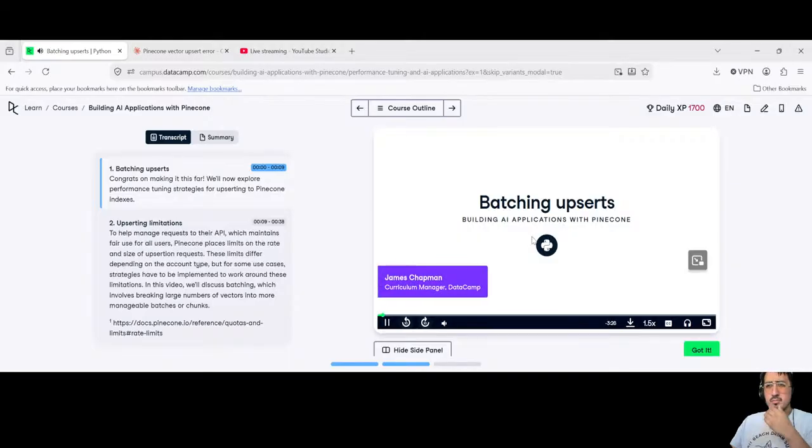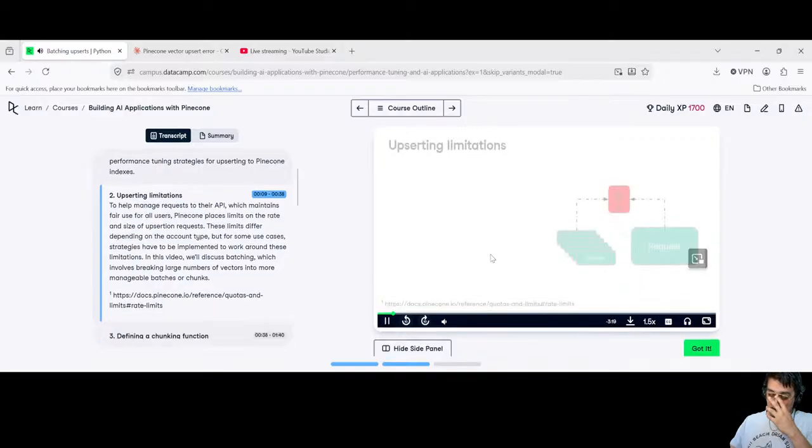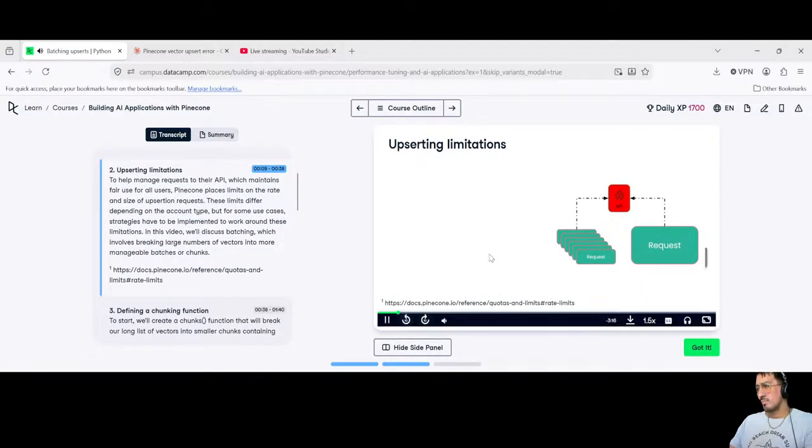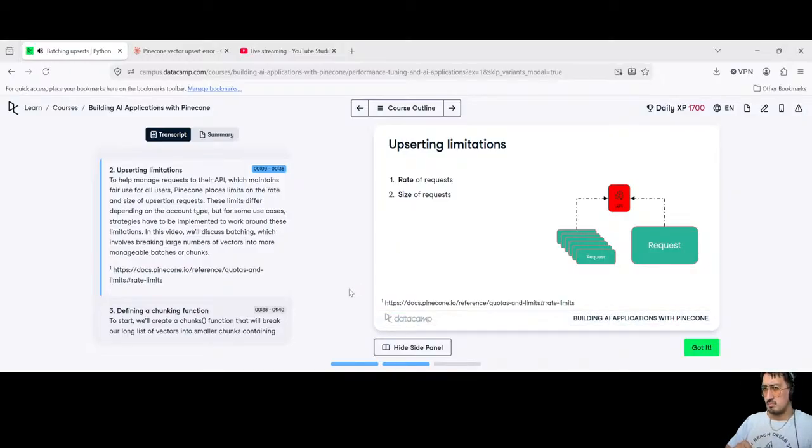Congrats on making it this far. We'll now explore performance tuning strategies for upserting to Pinecone indexes. To help manage requests to the API, which maintains fair use for all users, Pinecone places limits on the rate and size of upsertion requests. These limits differ depending on the account type, but for some use cases, strategies have to be implemented to work around these limitations. In this video, we'll discuss batching, which involves breaking large numbers of vectors into more manageable batches